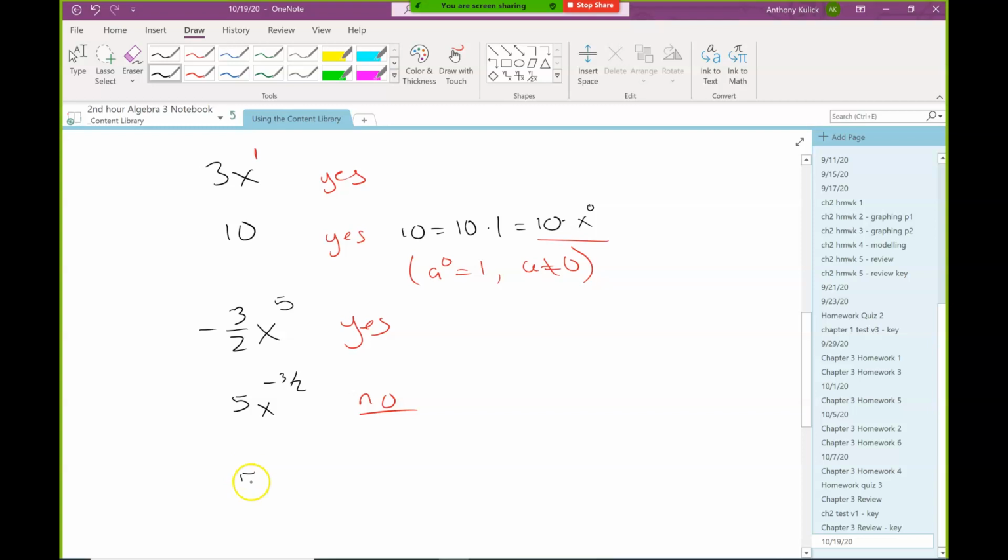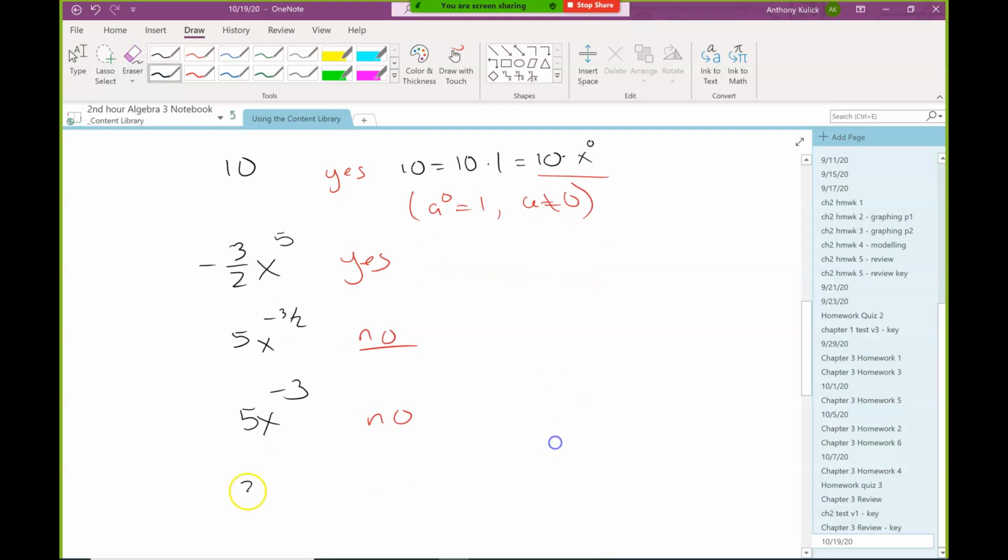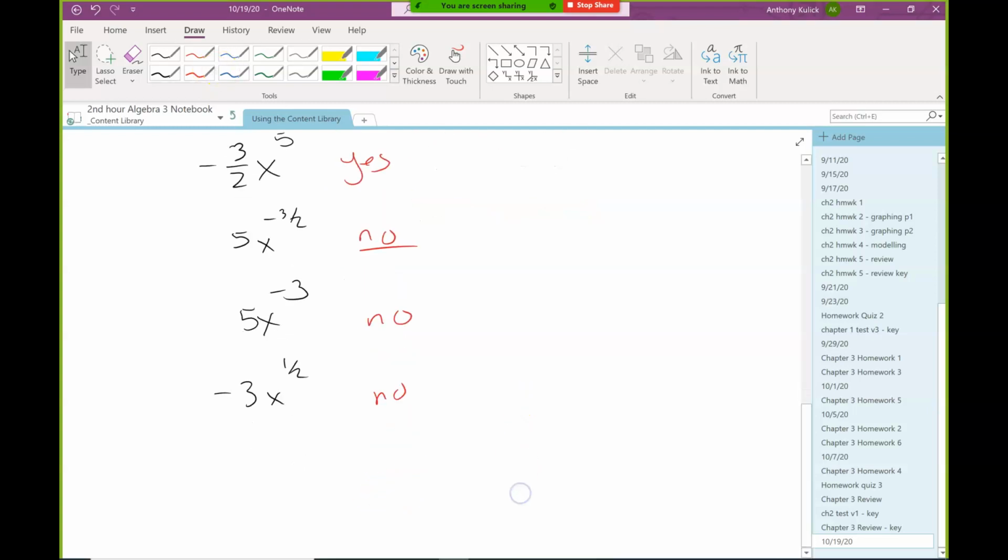What if we have this? No. What if we did this? Good. What's wrong with that one? Okay. What about this? No. Right? 0.3 isn't. What about